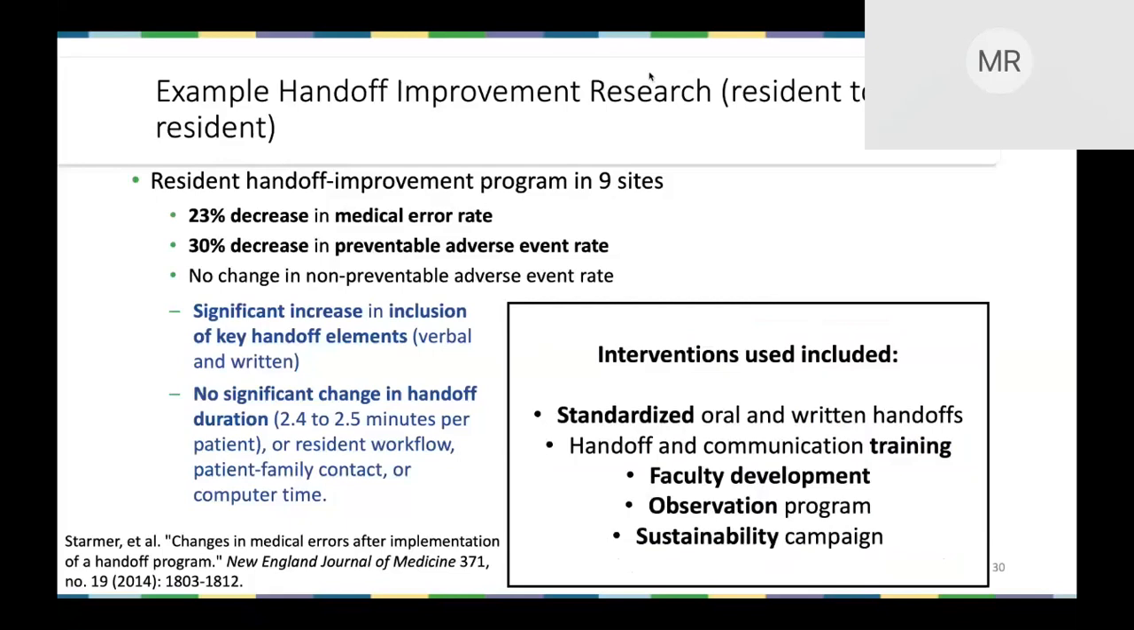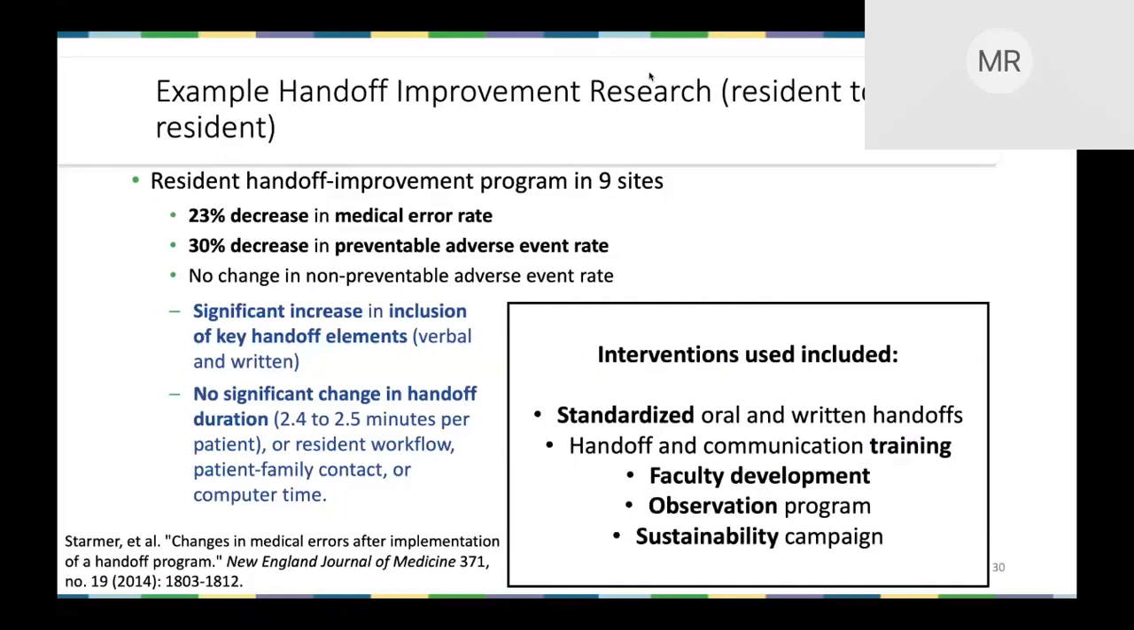Again, that's really labor intensive, and this was just for one piece of the handoff puzzle. This was a resident-to-resident handoff in one department, so a lot of time and effort to get those gains. You can do it, but can you scale that? It's not clear, and one of the things we were charged to do is try to improve handoffs across the